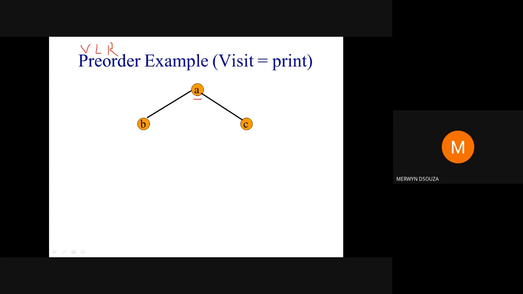You start from the root node and perform the first step, that is visit. Whenever you say visit, it means you're going to print the value of that node in the output. So when I'm visiting this node, I put the value of that node, that is A, in the output. Then the second step says traverse the left subtree. So write down here left. Check whether this node has a left subtree. Yes, it has a left subtree. So since it has a left subtree, you go to the left subtree. So you come here.